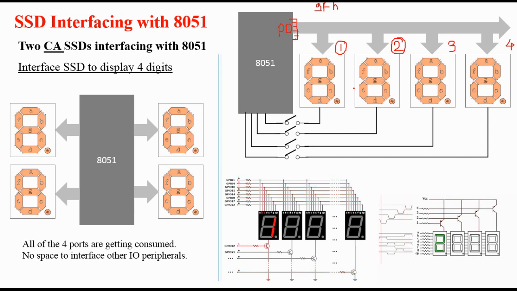So in order to display 2 on this 7 segment display, I will have to make it on, right? The moment I make it on, 2 will get displayed on this 7 segment display only and not on the others. In this way I can print 3. For that purpose I will have to send the code and make this particular pin on and this off. In this way 3 will get printed over here, and after some time, by making this particular switch on, I will print 4.